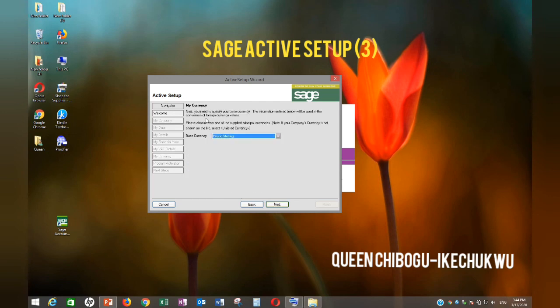Your currency, you need to specify your base currency in what